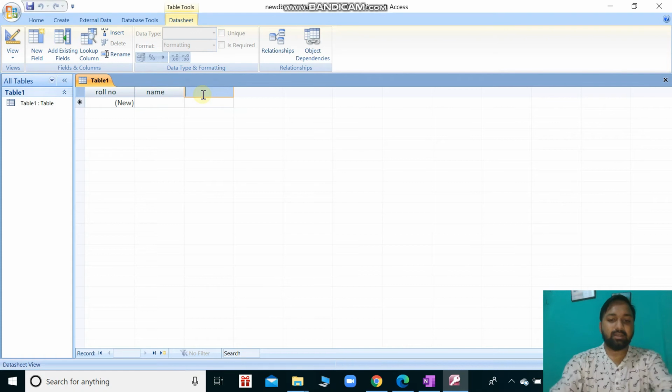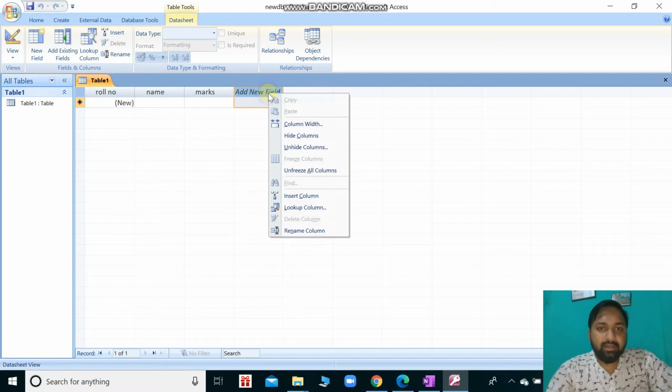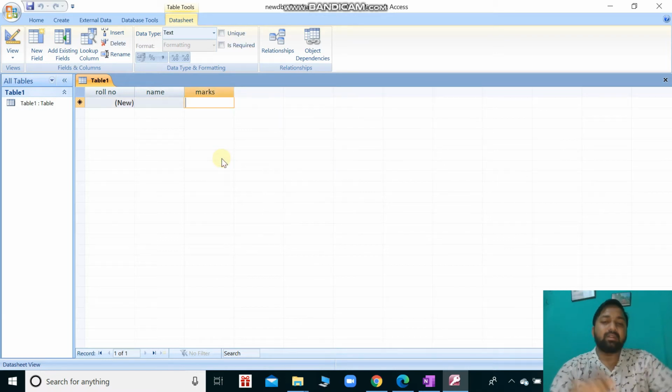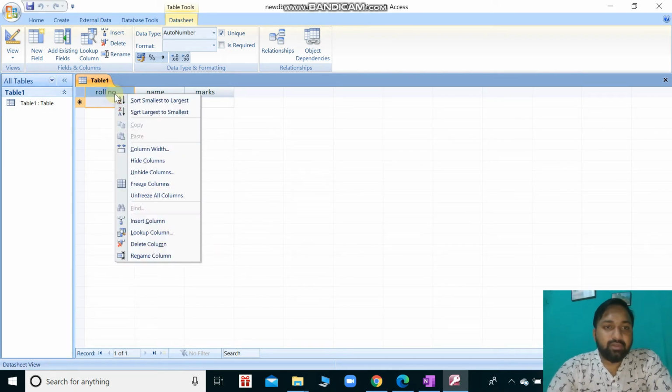So the next field I want to give is marks. So see, here the add new field column is appearing. So if I want to hide it, I can right click here and click on hide columns. Okay, now the column is hidden and I have only three fields: roll number, name, marks. But I can't enter here any roll number. See, if I enter here 1, I can't enter,